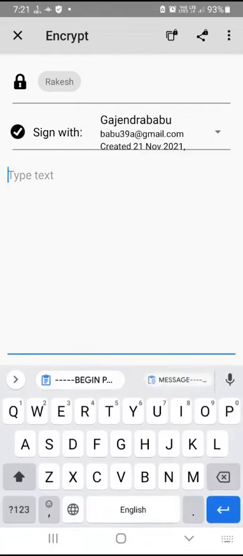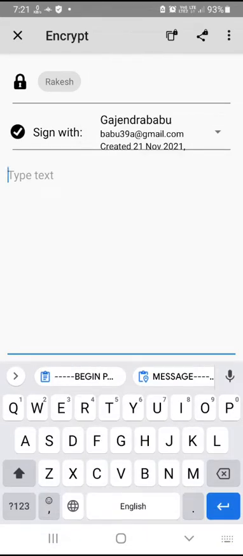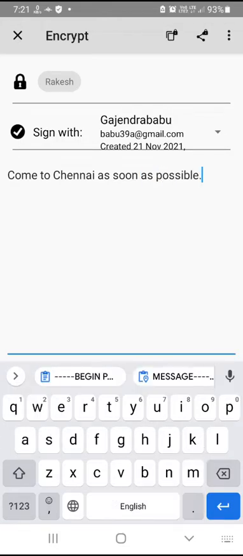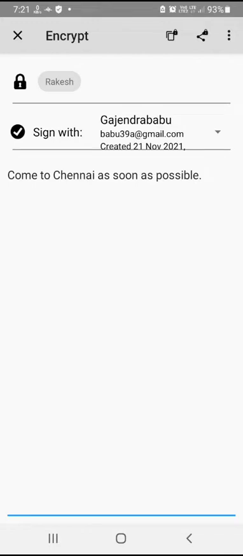Now let me send another message. Come to Chennai as soon as possible. So this is the second message. Last time I selected the copy icon.